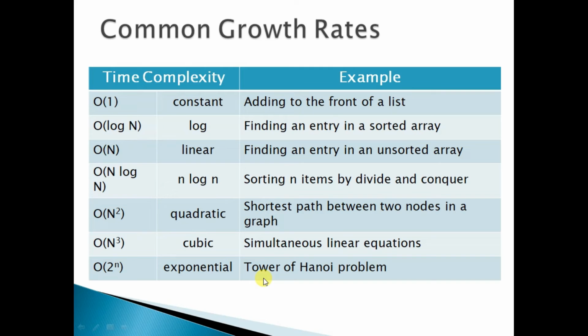So these are some common growth rates that you will see in the coming examples. It can be order of 1, order of log n, order of n. What is n? N is the input size, because it will vary. It can be 1 or it can be 1 lakh depending upon the input you have provided. So the performance of an algorithm depends upon the data size. It can be order of 1, that is constant, or log n, linear, quadratic, cubic, or exponential.